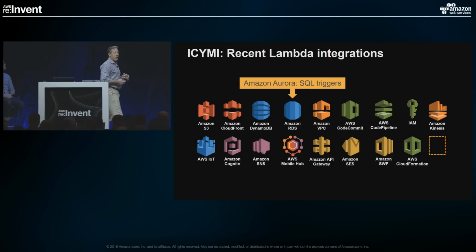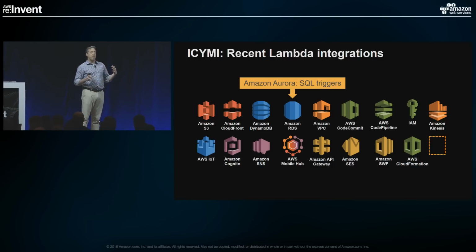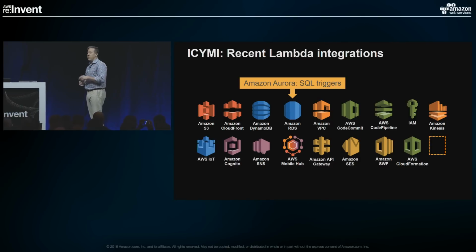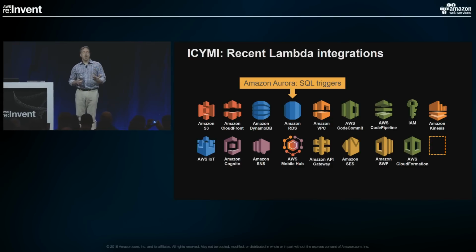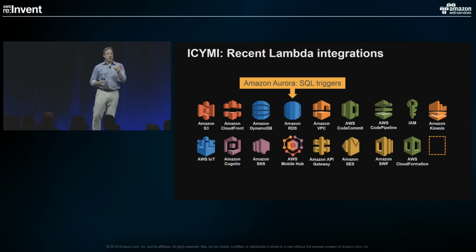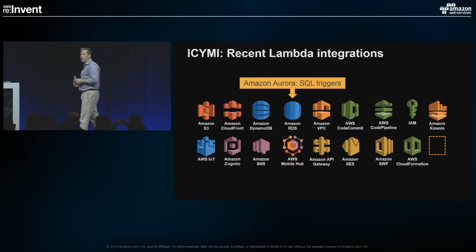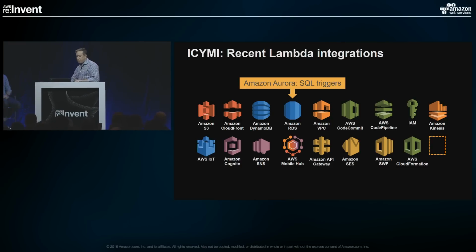Now I want to make sure we're all caught up on some of the many integrations. As all of you know, I'm sure, Lambda is integrated with lots of other parts of the AWS portfolio, either events that can send to it or customization and extensibility like we do with Cognito and AWS Config. But a few have happened recently, and there have been so many of them, I want to make sure that we're all on the same page. So just in case you missed it, Amazon Aurora has now added SQL triggers using Lambda functions. So stored procedures in the cloud in the form of Lambda.